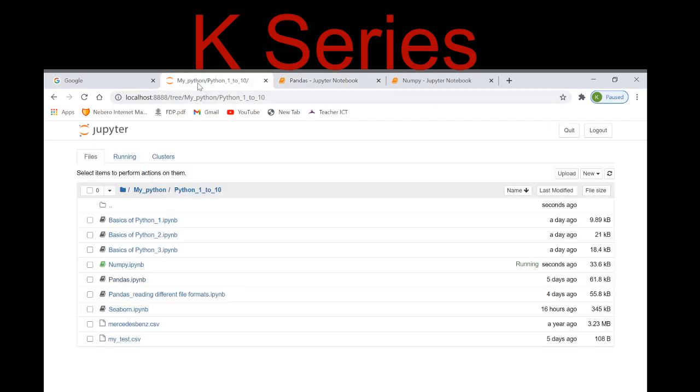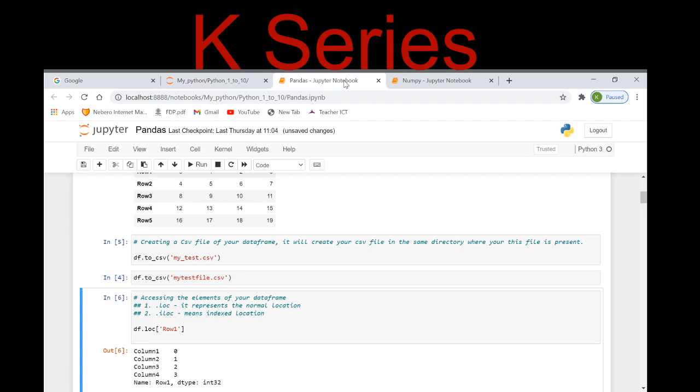Let me show you here. So my test file, as you can see here, is created in my directory wherein I have all these files. This pandas file is also there, right? So this is how we can create it. This is simply creating a CSV file from the data frame, and we can do vice versa also. From the CSV file we can create our own data frame also, right? Let me show you another example.